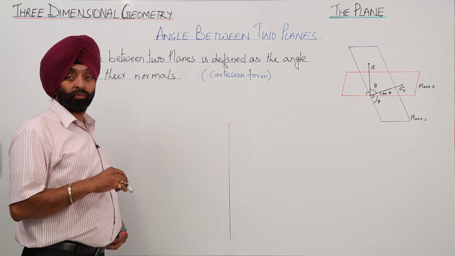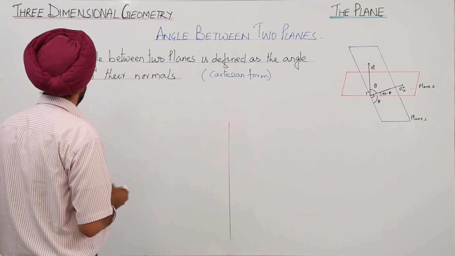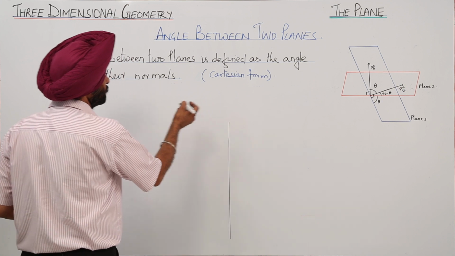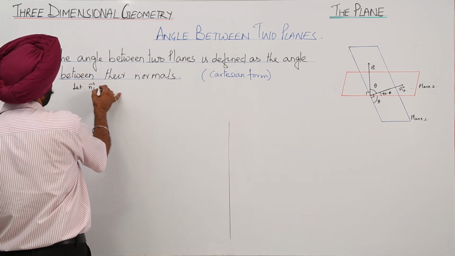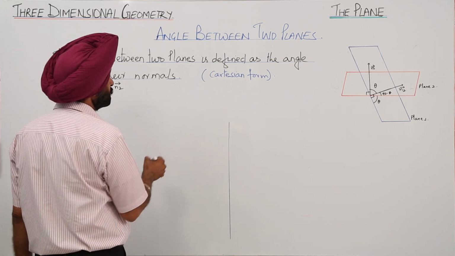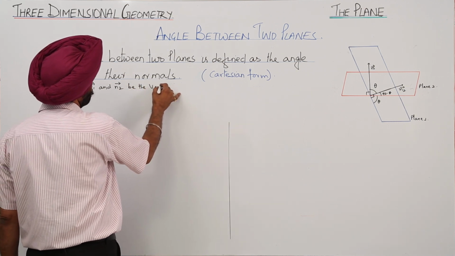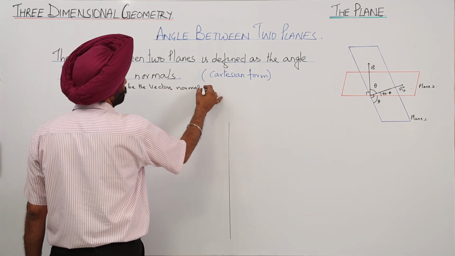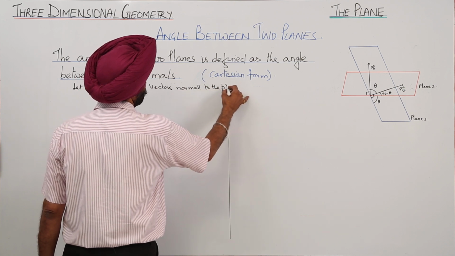Now conditions for the two planes in the Cartesian form. Okay. Now we have already done it that for these two planes, let vector n1 and vector n2 be the vectors normal to the planes